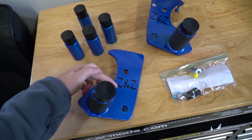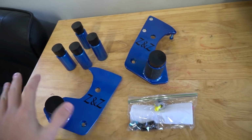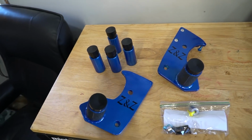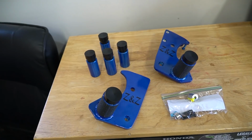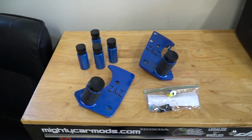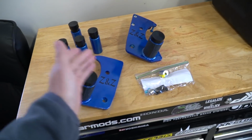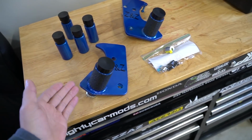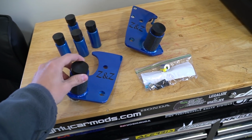We got the ZZ Customs pegs along with their axle sliders. This is kind of like a bundle deal. I saw it and I had to have it. This is also the Blueberry Illusion color. But yeah, I love the color. I love how they turned out. They make really good products. A lot of the guys in the group that I ride in have these, so I figured this was the